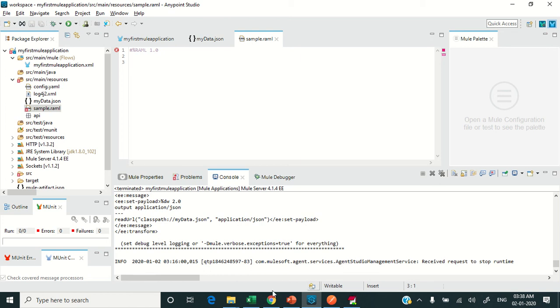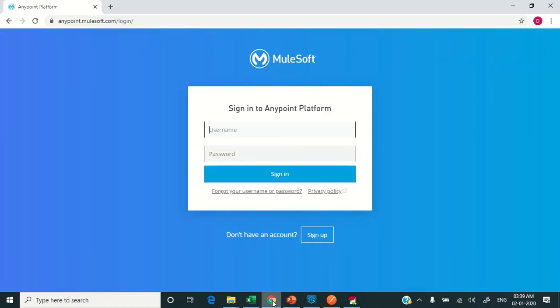So in this video we are going to see how we can deploy our assets, publish our assets to the private exchange of MuleSoft, where those assets will be available to everyone in our company. So first we will have an overview of the design center. So go to the